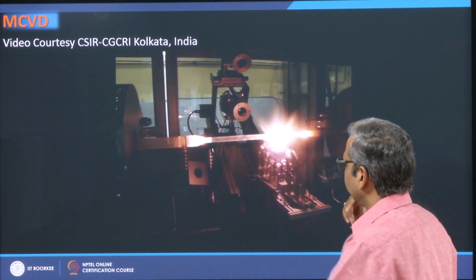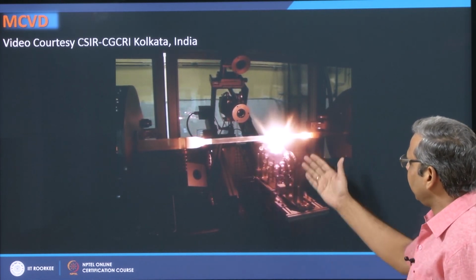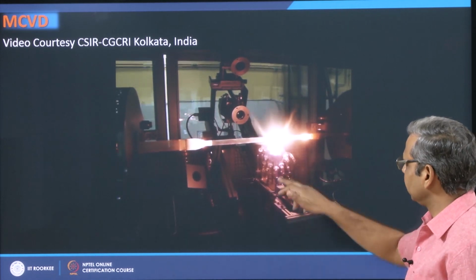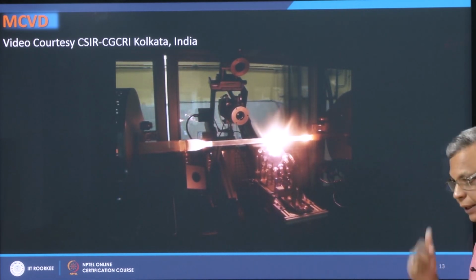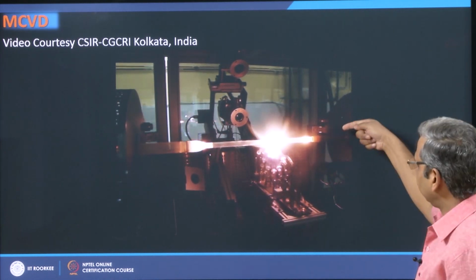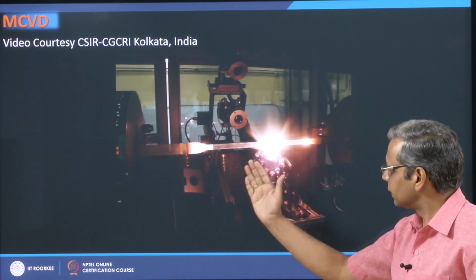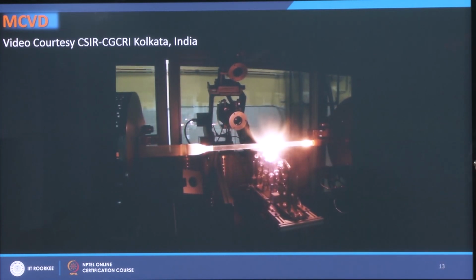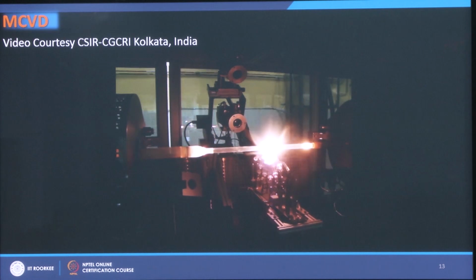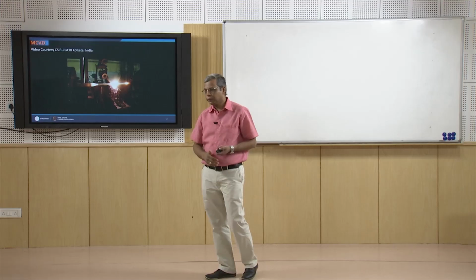So this is the glass working lathe. You can see that this tube is rotating and this burner is translating. This burner is a quartz burner which can withstand very high temperature. From here the gases are flown in and this burner translates along this tube. So at every pass you deposit a layer of glass inside the tube,